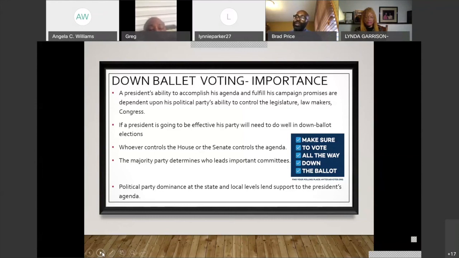real quick, share a piece of impact of the down ballot voting. In the 2018 midterm elections, the Republican Party lost 33 congressional seats, surrendering control of the House to the Democratic Party. So that's huge. To lose 33 seats and lose control of the House of Representatives had a major impact on what that Republican president was going to be able to accomplish in terms of his agenda. So, as you can see, having a political party control of Congress can help you achieve your agenda, or it can stymie you and stall you from achieving some of those things that you had planned on accomplishing. Let's go to the next